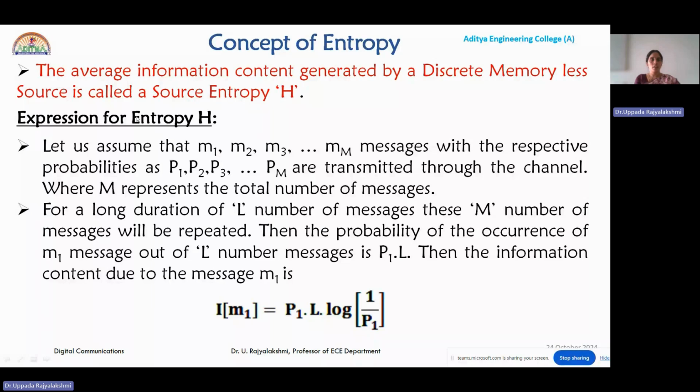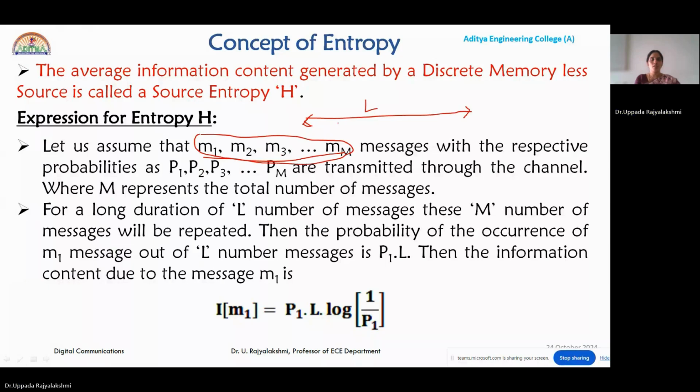Here, for deriving the expression for entropy, let us assume there are m number of messages, capital M, that range from M1 to MM, with probabilities P1 to PM. These are transmitted through the channel. Here capital M represents the total number of messages. Now, for example, we are transmitting a bit sequence of length capital L. Out of that, these messages M1 to MM are